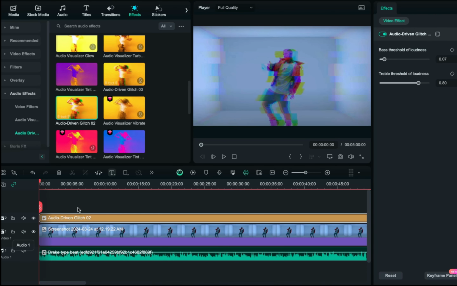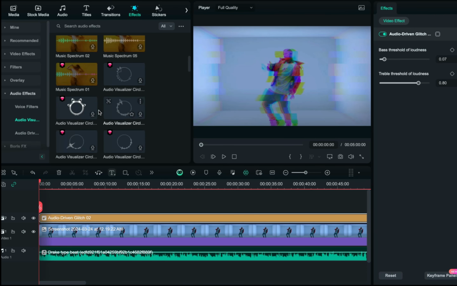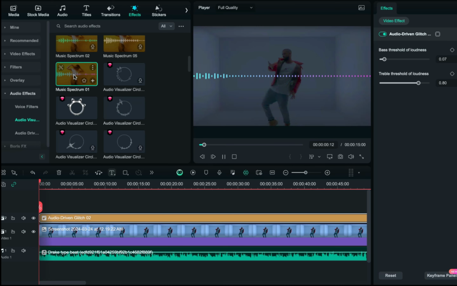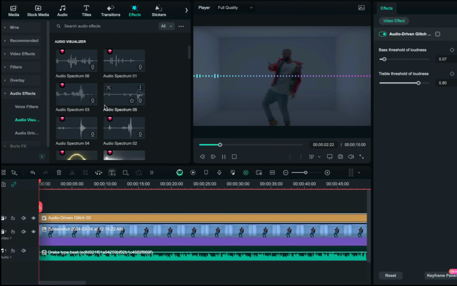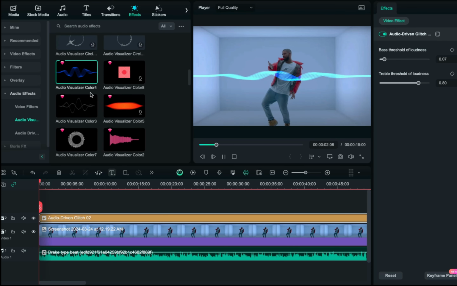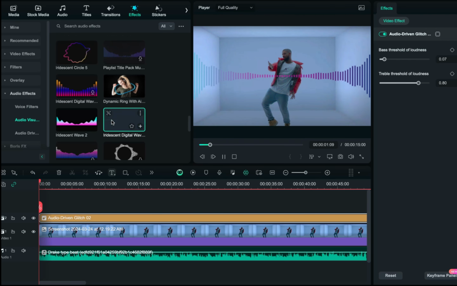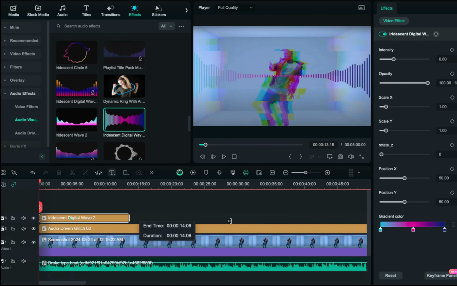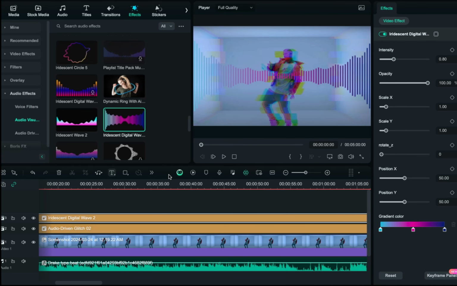All right, then we're gonna add another audio visualizer, a sound pulsing effect, right? We can take a look at some of the different ones they got. And again, there's just so many different types that you can use. All right, so I like this one. We're gonna use this one here. So we'll drag it down, extend it full length,